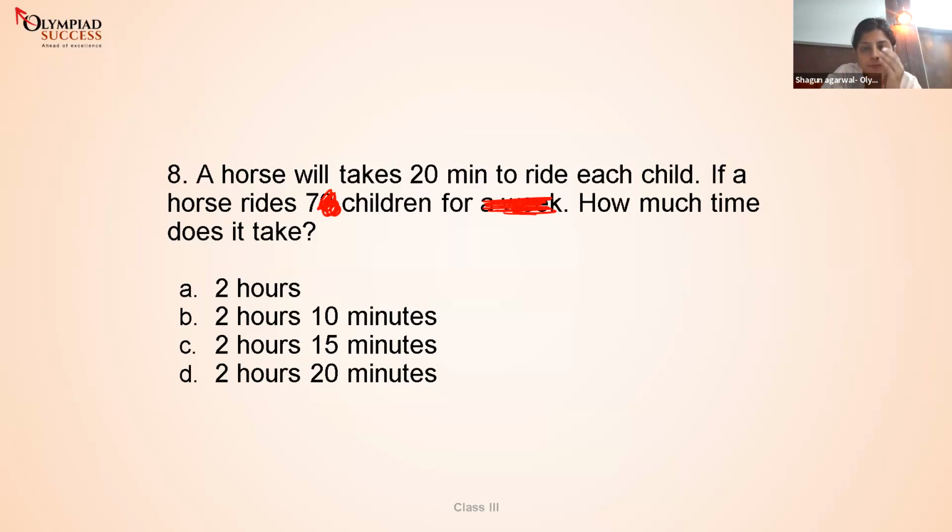Good, Aradhya. Shimaz, yes. Arwa, Abdul, absolutely right. All of you all very good. So for one child, the horse is taking 20 minutes.